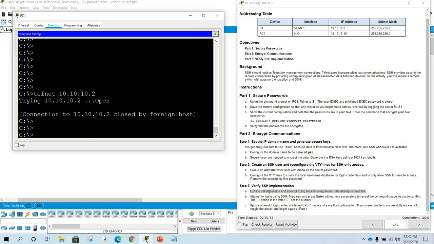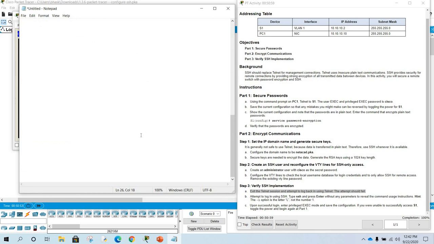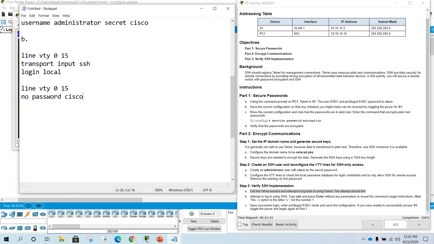Now I want to log in with SSH. So how to log in to the switch with SSH? The SSH verification command is: ssh space minus l space the username.